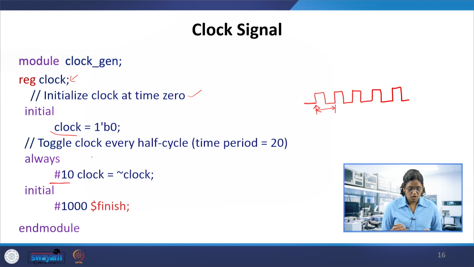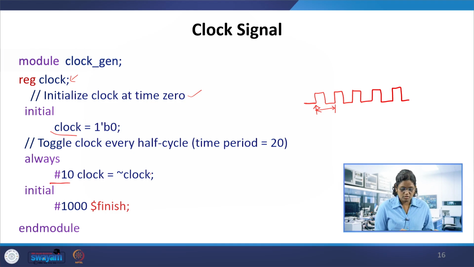The always can be used in two formats. Always with a sensitivity list: if there is any change in the listed sensitivity list signals, then the block gets executed. Here it is without a sensitivity list. The time delay can be mentioned, time 10 or whatever.